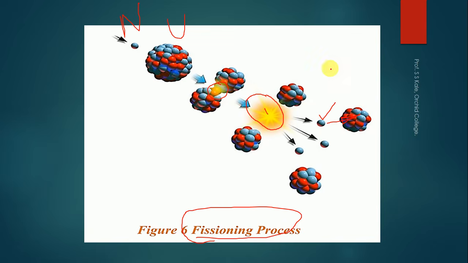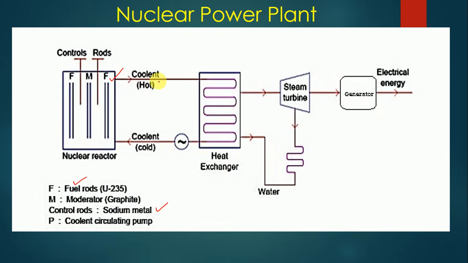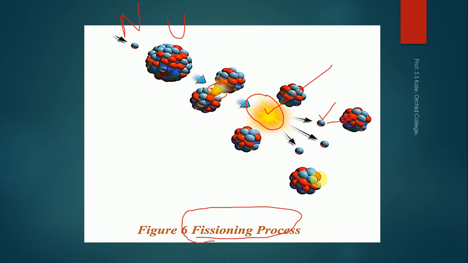By using this particular heat, we heat the fluid which is circulated through this particular tube, and that is used for converting water into steam. So this particular process is called the fissioning process, in which heat is generated, and it's a chain reaction. You have to remember that the uranium we are using here will be of very small size. The uranium might be of 5 centimeter diameter, 10 centimeter diameter, and that can generate a very high amount of heat.